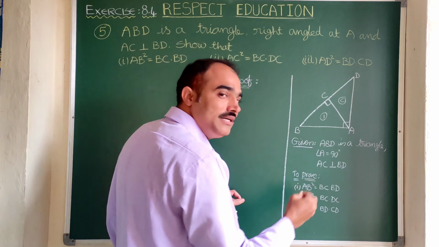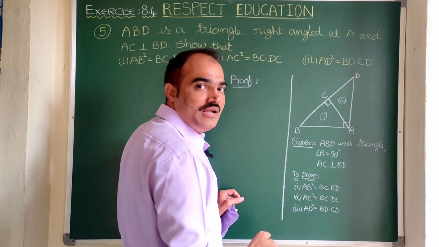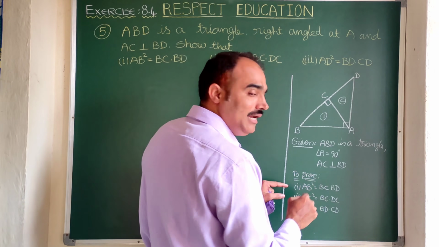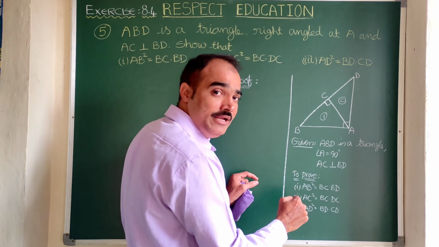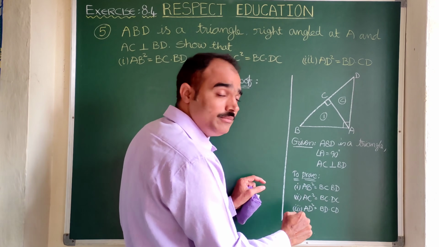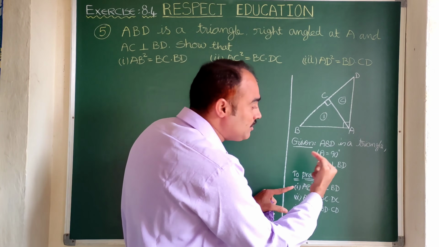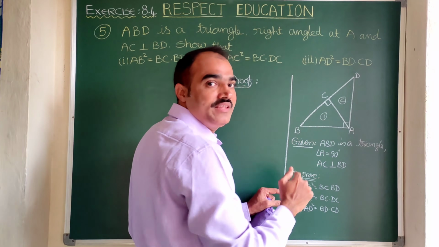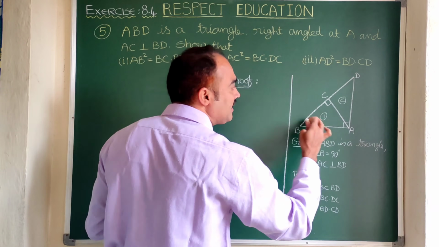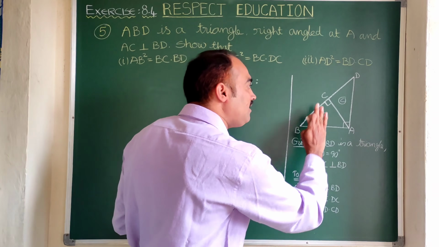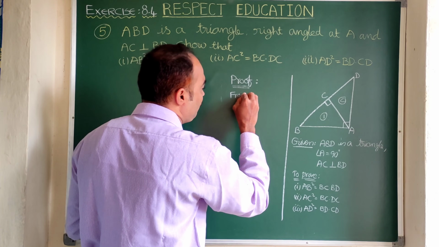To get the first bit, we need to show first son is similar to father. How do we know that? Here you see AB square. You just imagine that, as I told you, AB into AB is equal to BC into BD. One AB compares BC, another AB with BD. Clear? That means here we need to take triangles, first triangle and the whole triangle, or in simple words, first son with father.